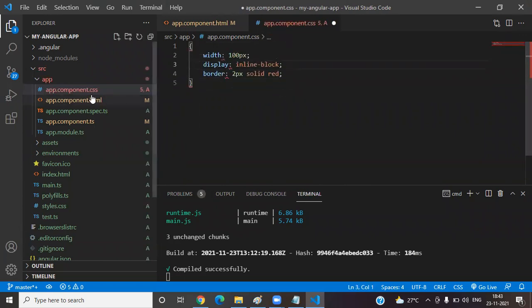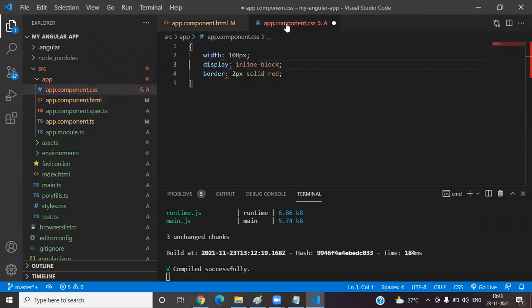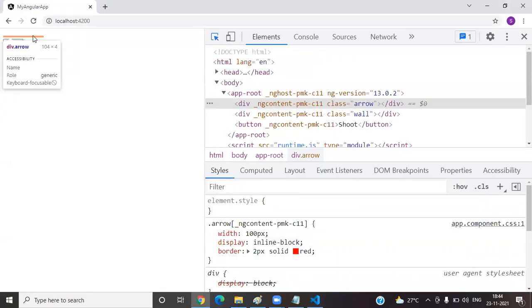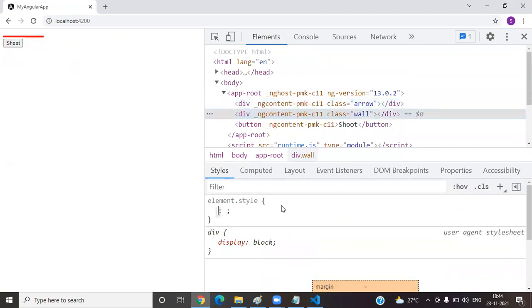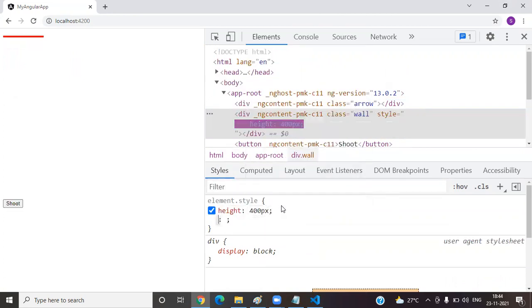These two styles are not required. Come to my app component.html. This is my arrow, it's a class. Now come here. There is one more div. I want to make it like a wall. So here also just put height, you can mention 400 pixel.